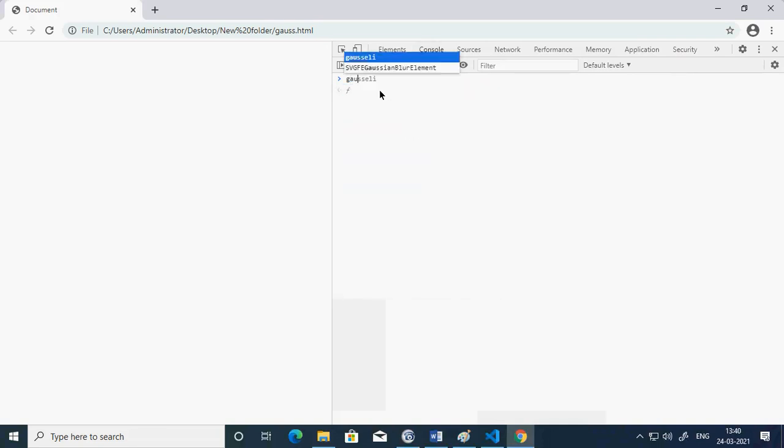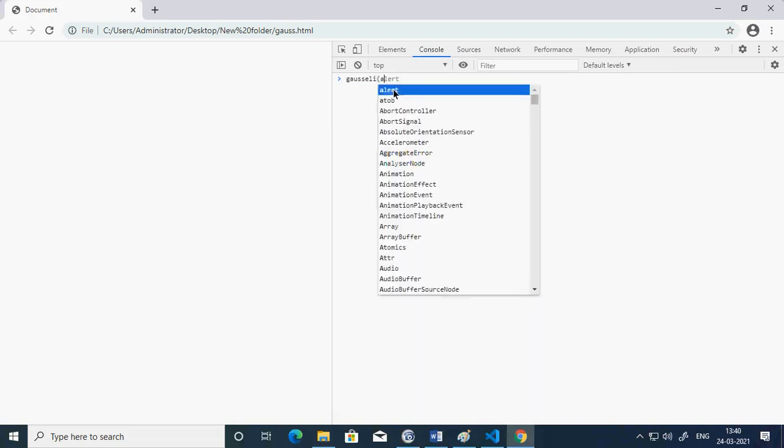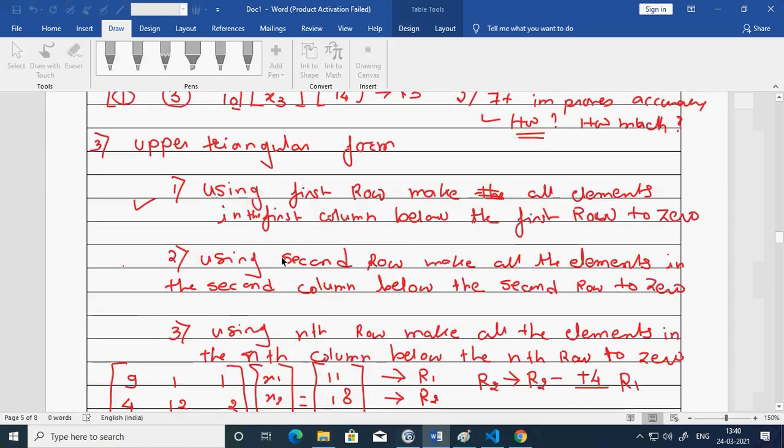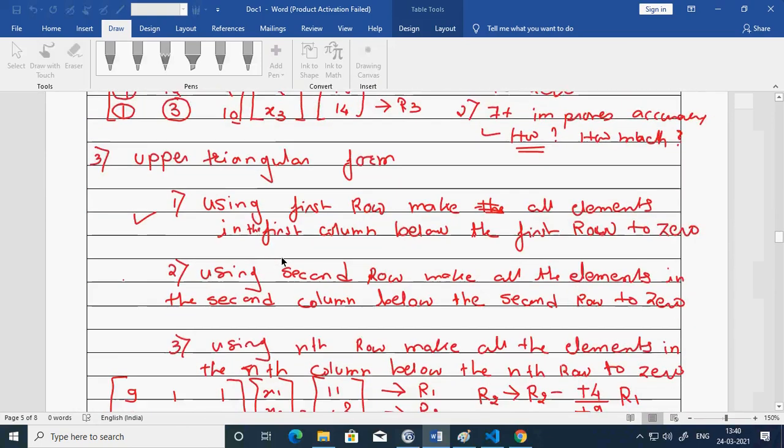Now if I go to the console, I can use this Gauss LE and pass on A and C. Okay, so once I pass on these values, I immediately get whatever solution I am going to have. So now first of all, how to assign a matrix C? So C equal to, so I just assign some matrix which we might have already solved.